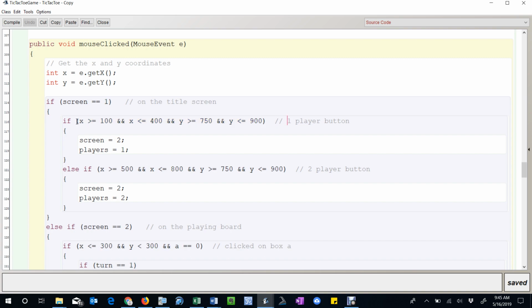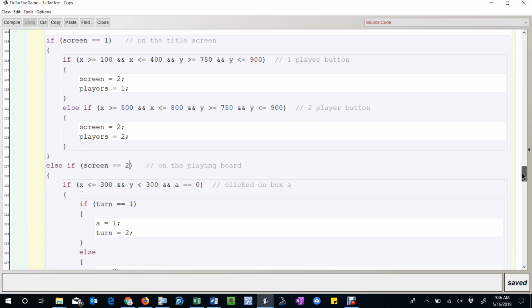So if you haven't done that, you'll need to do that first. And then I already have my two player button. Okay, so if they click on the one player button, you want to, again, change screen to 2, so similar to what you did here. But this time we're going to make players equal to 1 instead of 2. All right. Then in screen 2, so when the user clicks the mouse, if it's screen 2,